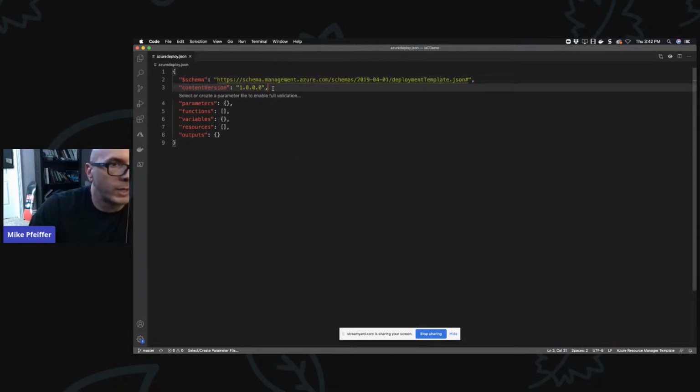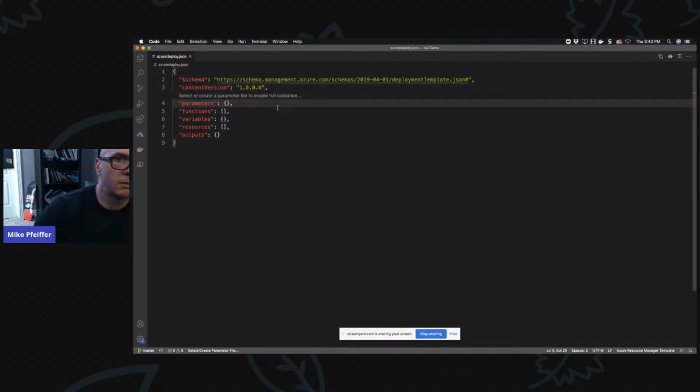Content version is a property where we can version our own template. But really the big stuff that's important is parameters. You see this in any other infrastructure as code platform. Input parameters so we can do dynamic values at runtime. Now, the templates might be automatically spinning up as part of a CI/CD situation, right? But even then, we want a template that can take dynamic information. So just like a PowerShell script could have parameters, we can have parameters in a template.